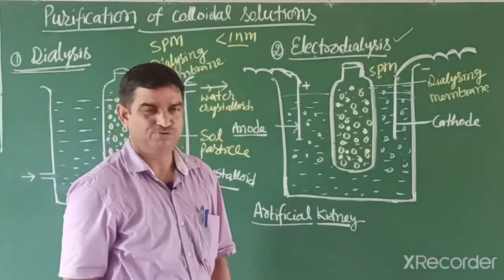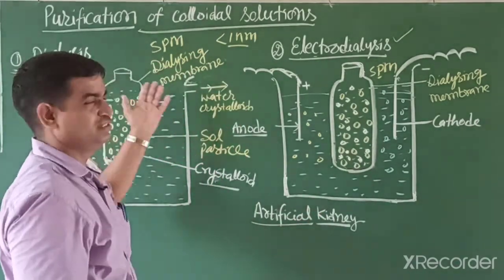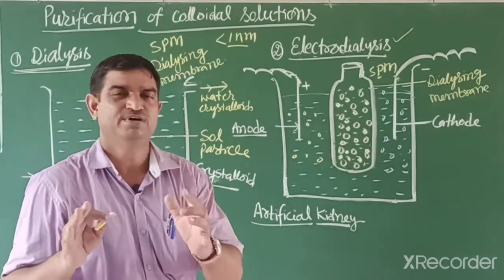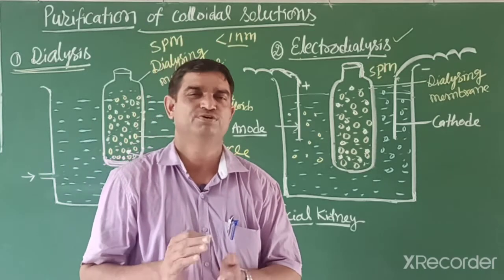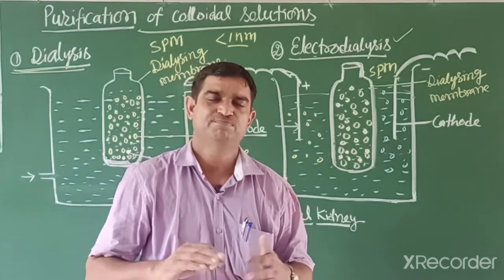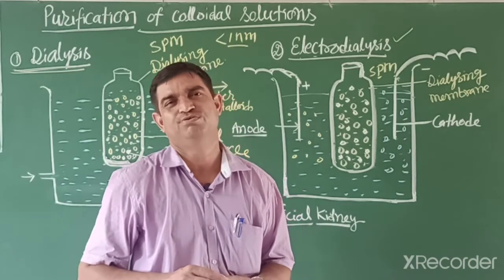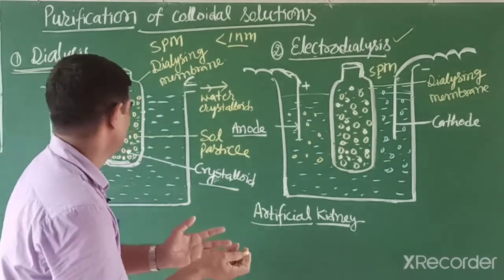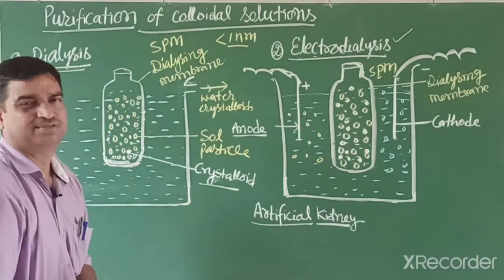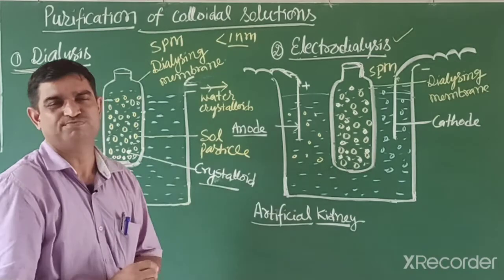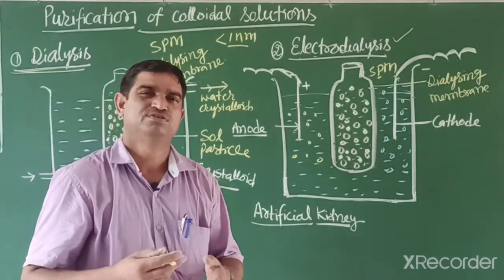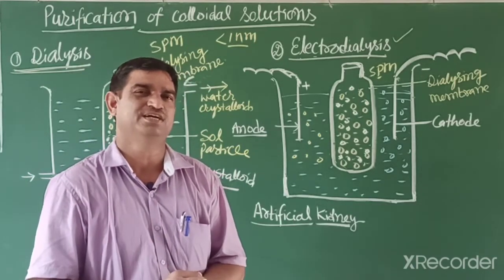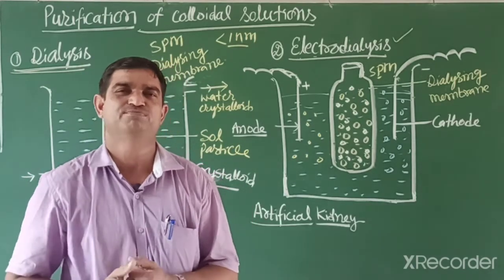Students, you must have heard many times that a patient is on dialysis. It means a person's kidney is not working properly, because the kidney's work is separation and purification of blood. We know, students, that blood is a colloidal sol and is filtered by the Bowman's capsules. You already discussed filtration of blood in 10th class, because in our blood urea forms, and that is a solid particle. We have to remove that urea from our blood.